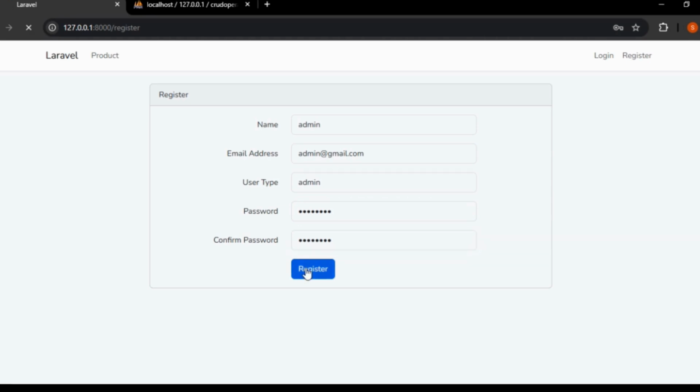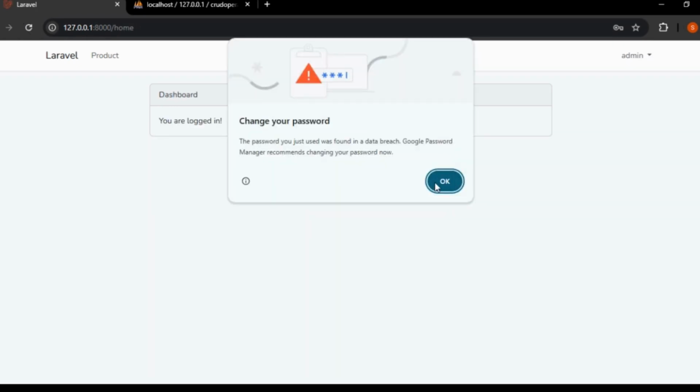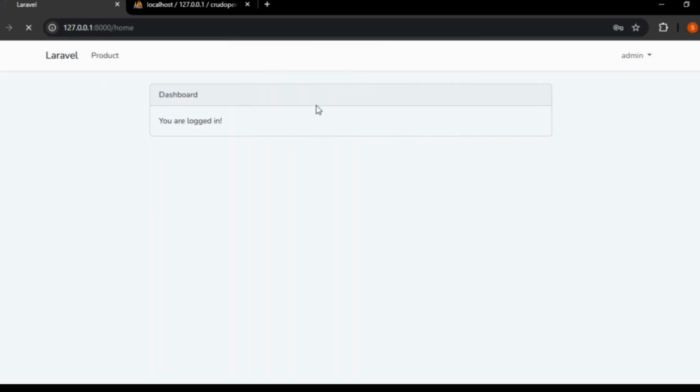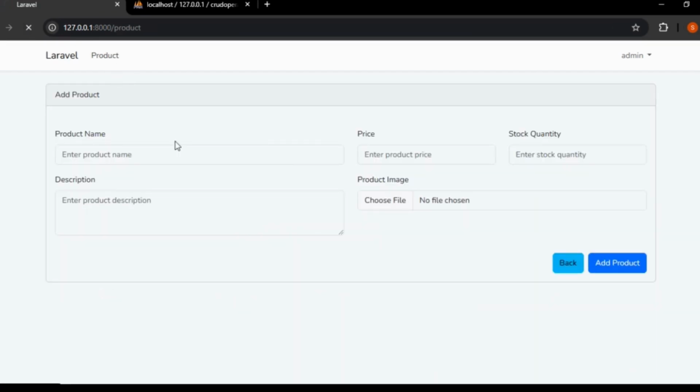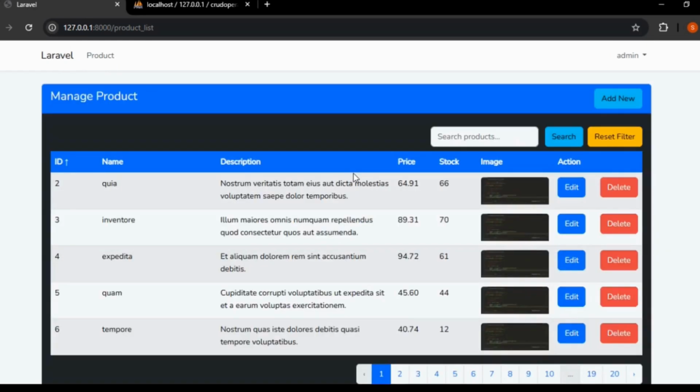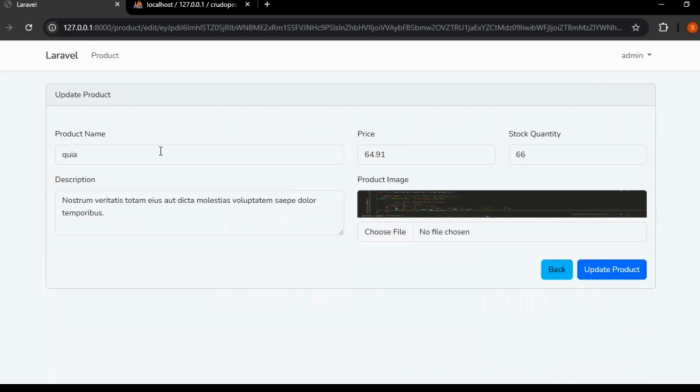Repeat the process by going to the product list and clicking on the Add Product button. As an admin user, you will find that you now have access to add products. You can also access the option to edit products in the same manner. This demonstrates the implementation of multiple authentication levels. I hope you understand the logic behind multiple authentication.